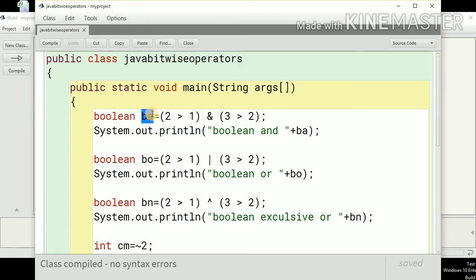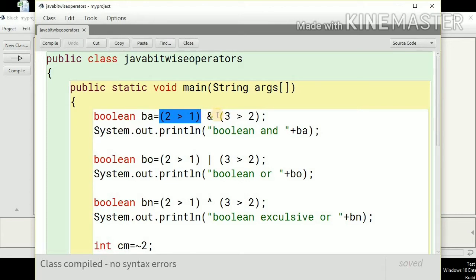Here the difference is, in the bitwise operator, it doesn't matter what the first condition is. The bitwise AND will check both conditions, whereas the logical AND will check the first condition, and depending upon it, decides whether to check the second condition or directly give the result.